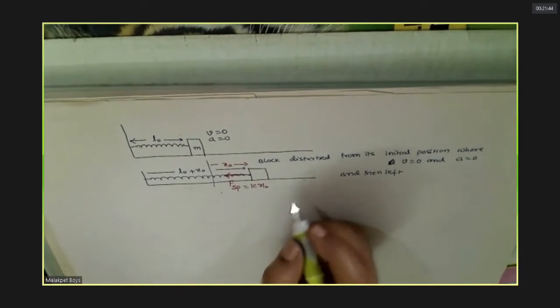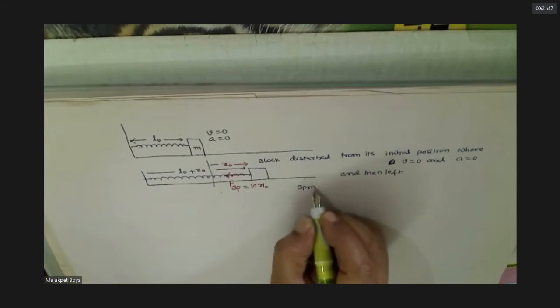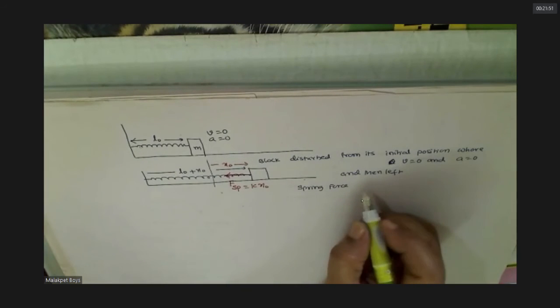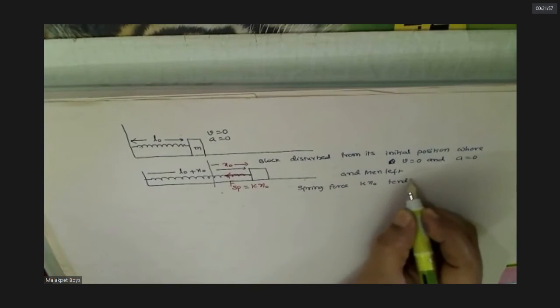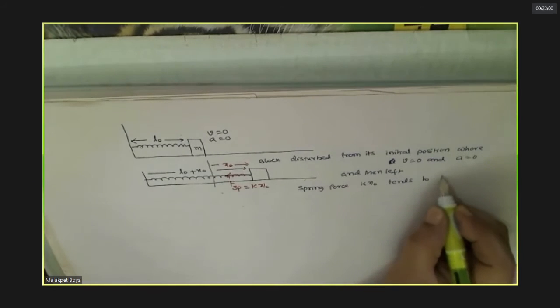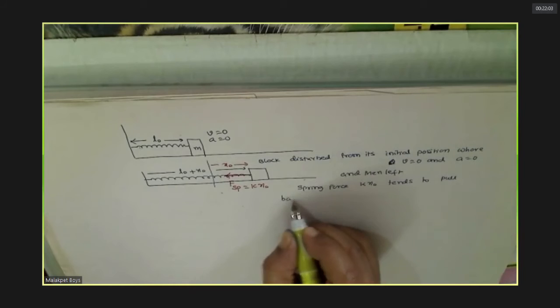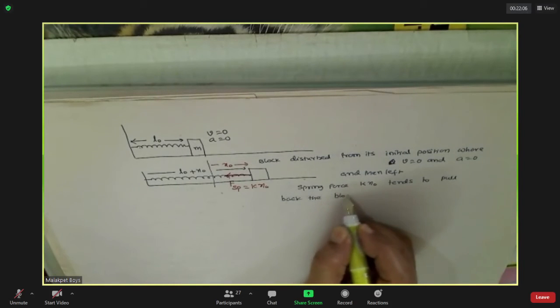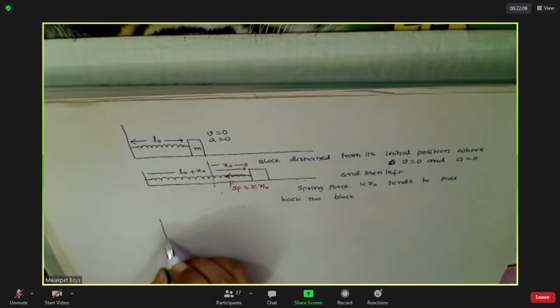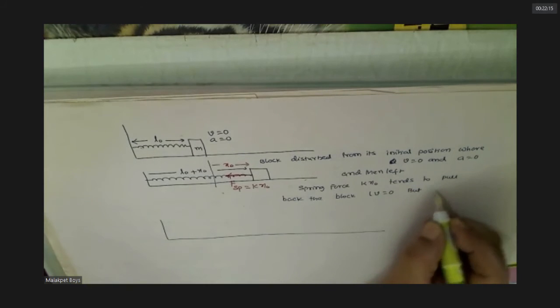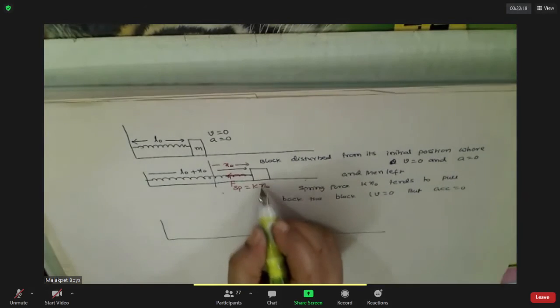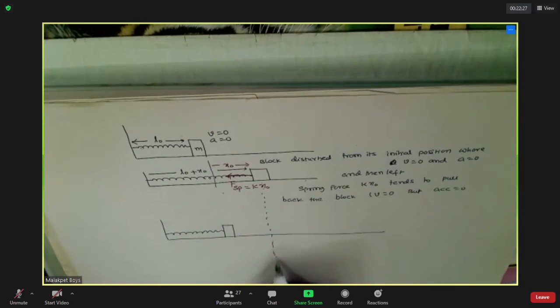So now the block will be oscillating about this. Every time it comes,